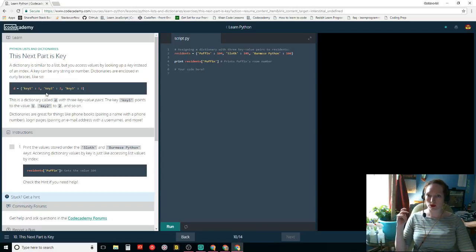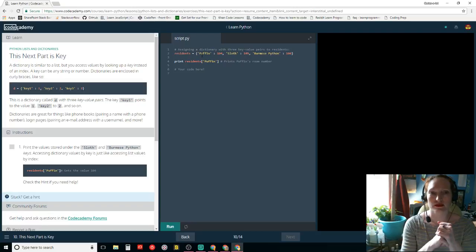Key 1, colon 1, comma, key 2, colon 2. Okay. So you define their location and what is in there. Assign dictionary to 3 key value pairs. Key value pairs.